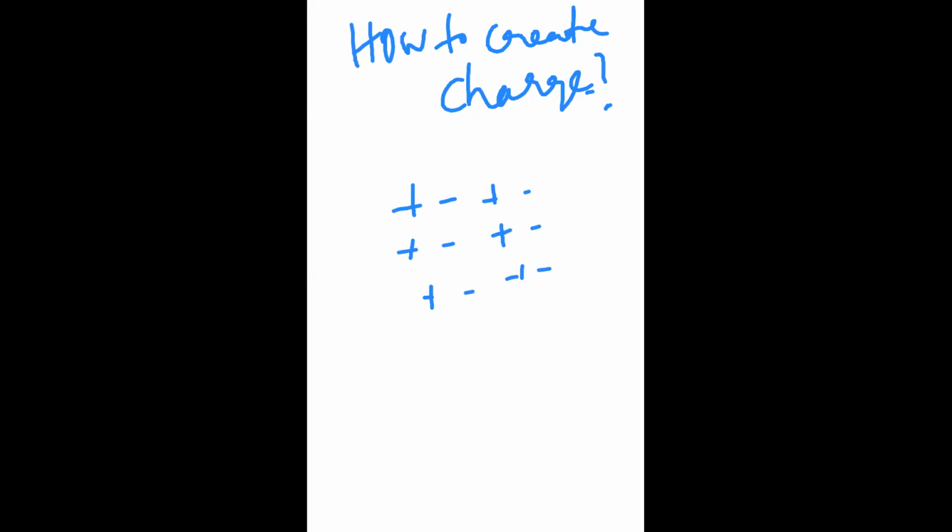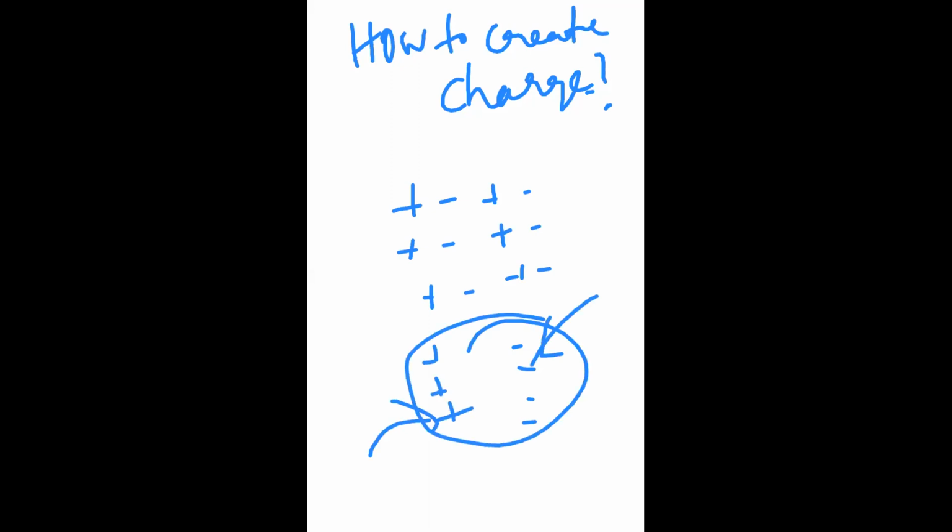By some means, if you are pulling all the minus in this way and all the plus in this way, then in this process you have created a negative charge here and a positive charge here. That is the idea. Generally, there will always be positive and negative charge. Once they are equal, that is neutral. But if you are able to separate them by some means, that is giving you the charge.